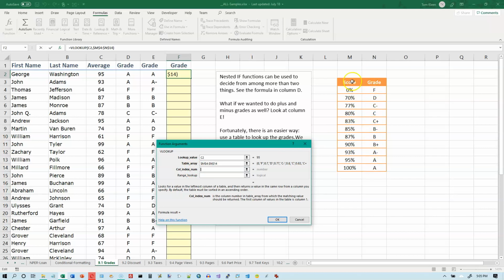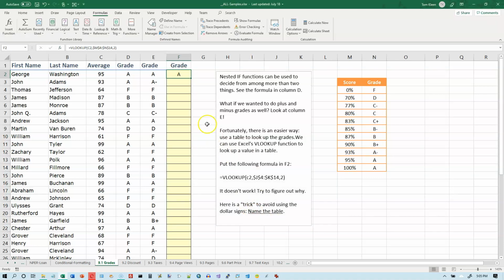Well, that's column 2 of the table. This is column 1, column M is column 1, and column N is column 2. So you put the number 2 in there. And there's a fourth argument here that we are not going to use right now. We'll use it in a future video. But that's it. So click on OK, and it comes back and tells me that this guy got an A,